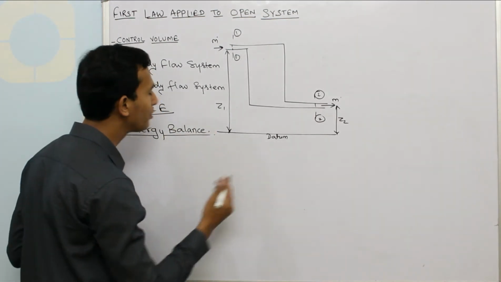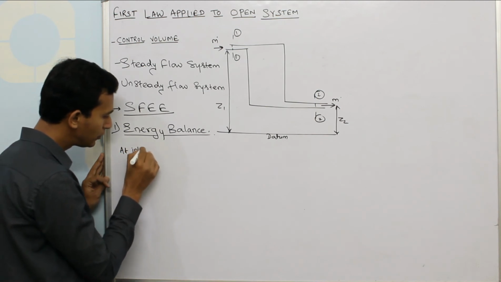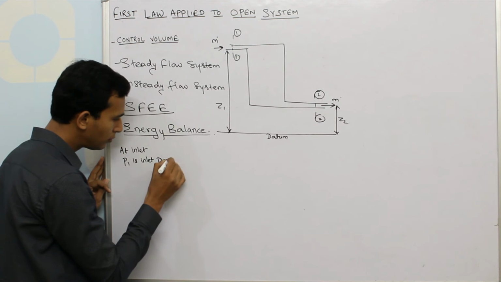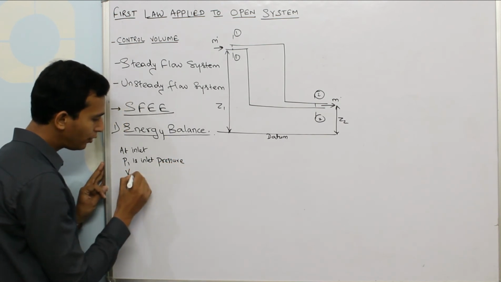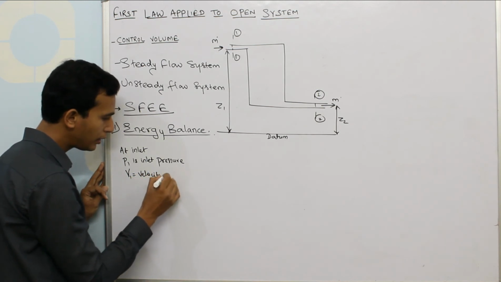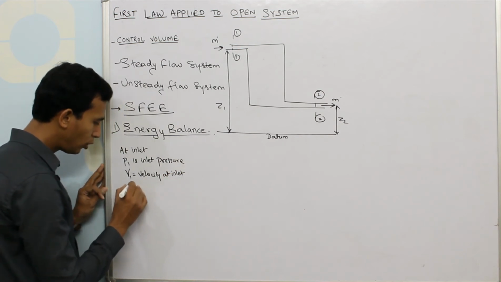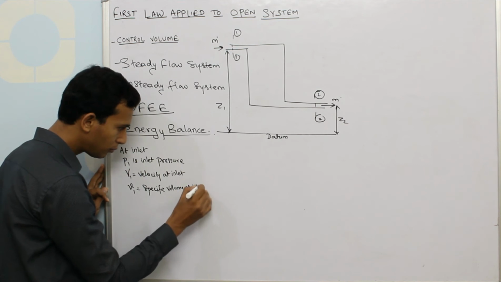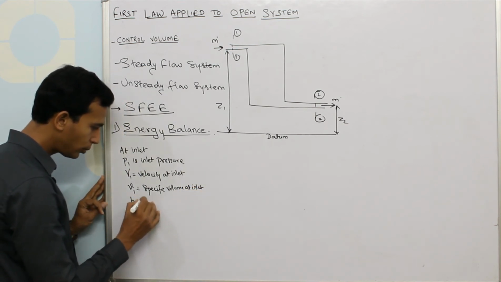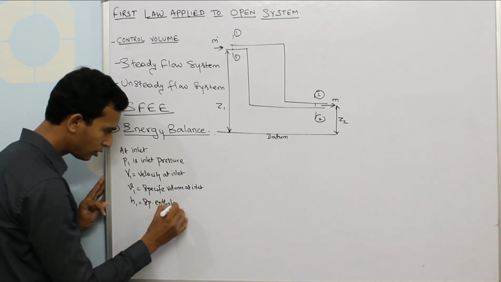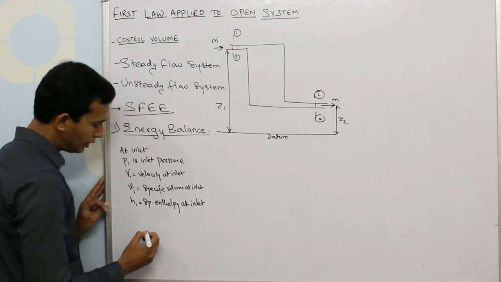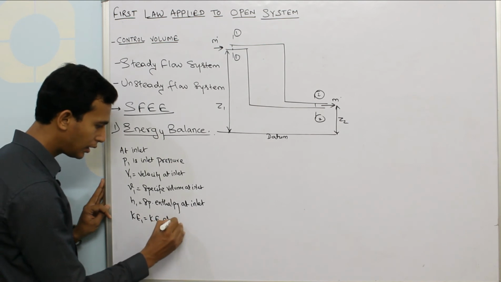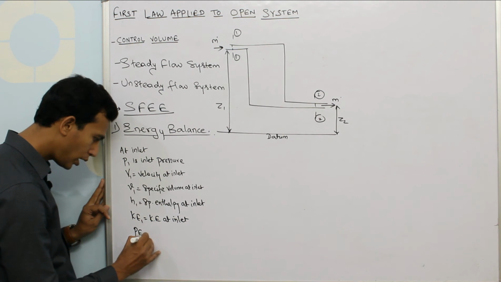Now we have to define certain properties. So at inlet, let us say P1 is inlet pressure, V1, capital V1 is velocity at inlet, then small v1 specific volume at inlet, then say H1 is specific enthalpy at inlet, and KE1 is equals to kinetic energy at inlet, and PE1 is nothing but